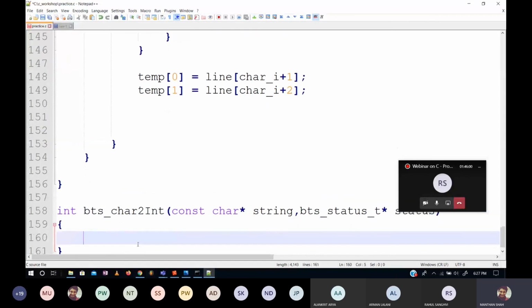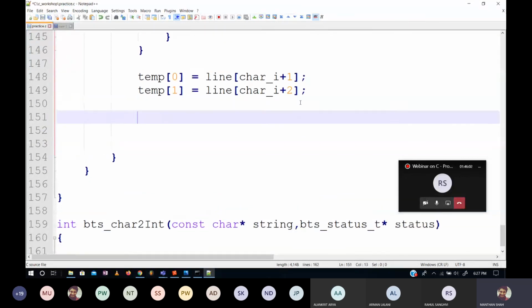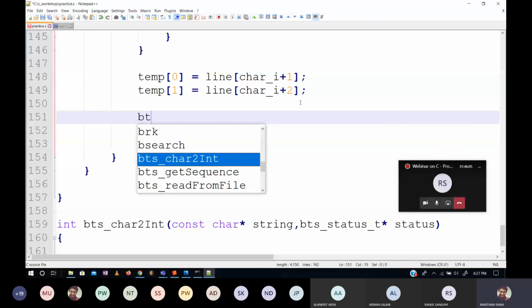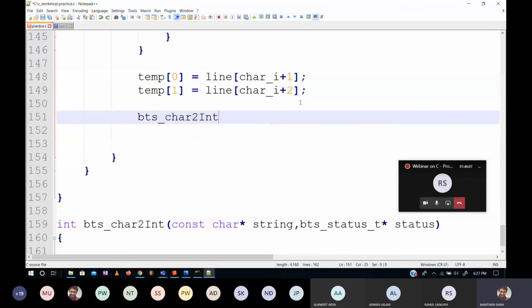This will basically return me the numbers. तो मैं इसमें यही बताऊंगा कि pts char to int. अभी के लिए मैं कुछ प्रोवाइड नहीं करूंगा इसको. चलो.